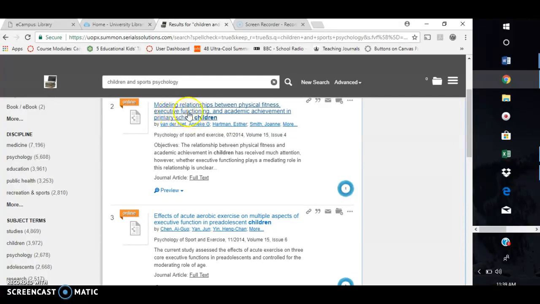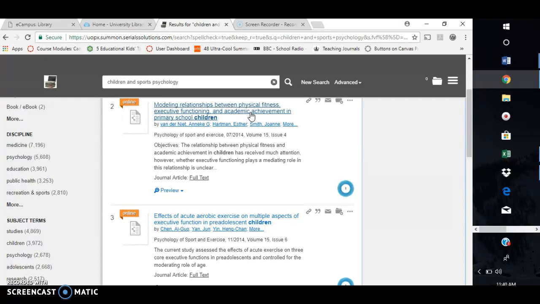decision making, like a child being able to make it, or an adult being able to make decisions on their own. So that sounds kind of interesting to me, how physical fitness might be building this possibility of children making purposefully good decisions and how that ties into academic achievement. That article looks great to me. So I'm going to say that this is one that I think is worthy of investigation, and I can certainly use it as one of my articles for